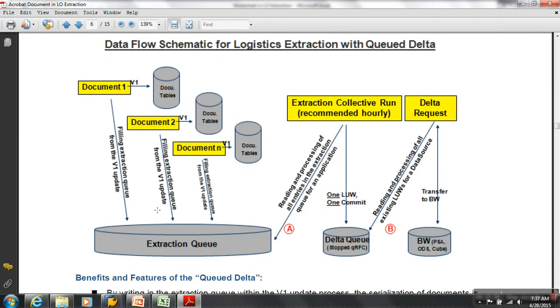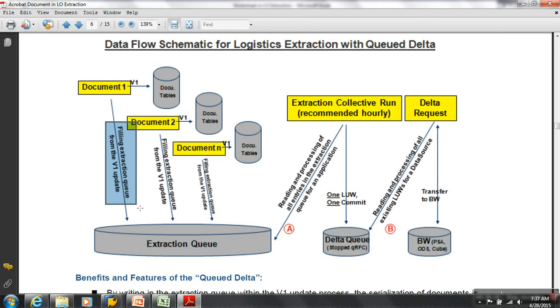Now Q delta. Look at this. In this case we have V1 updating your update tables. Now what is this? Filling extraction queue from which update? V1 update. Is it time critical update now? So when I say time critical updating, will it have serialization?